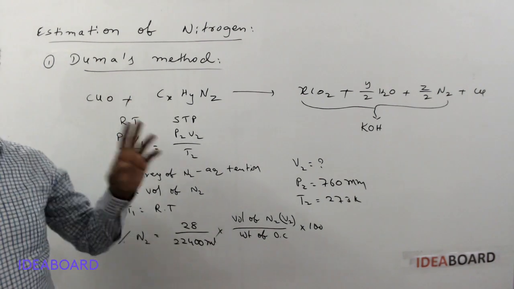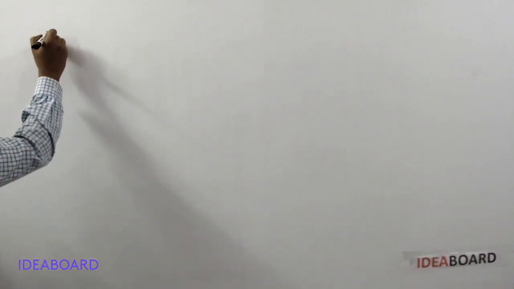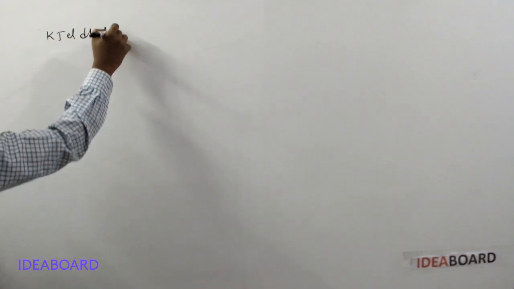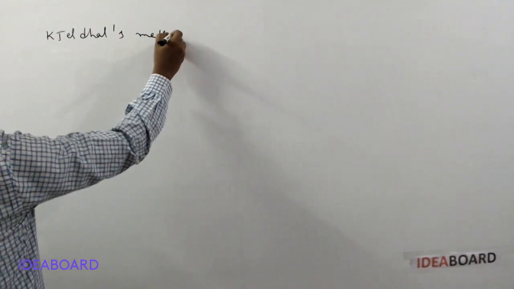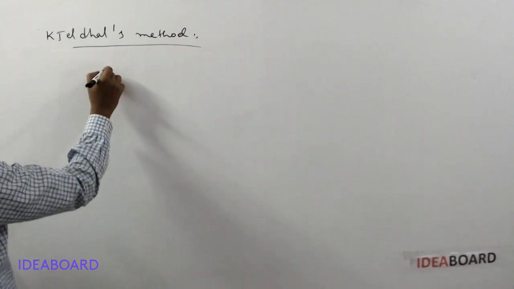This is Dumas method. The next method, the second method, is Kjeldahl's method. In Kjeldahl's method, the nitrogen containing